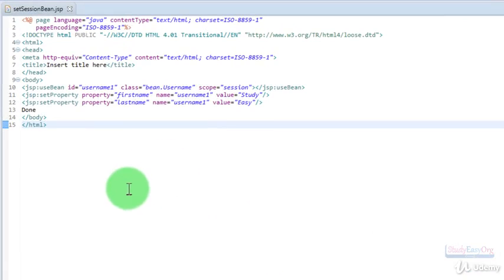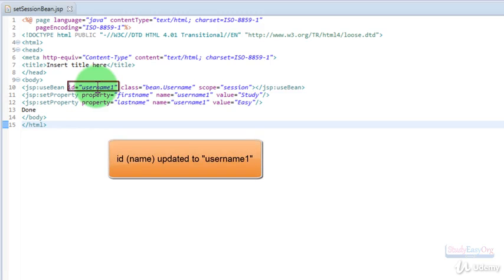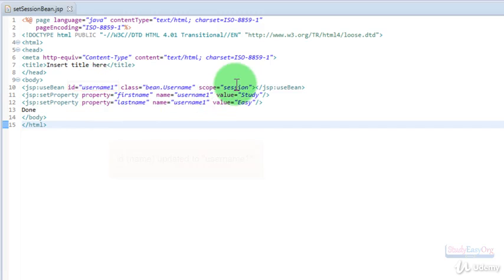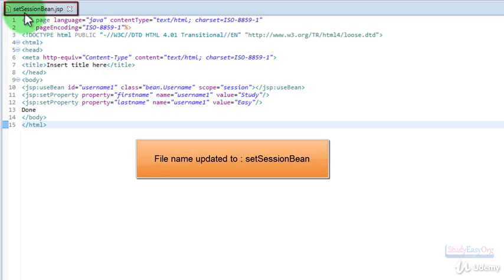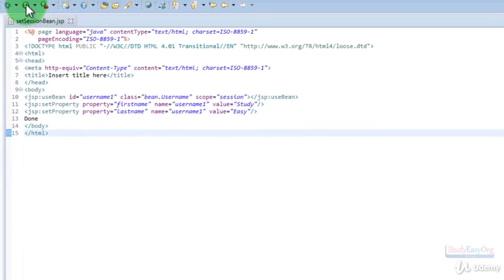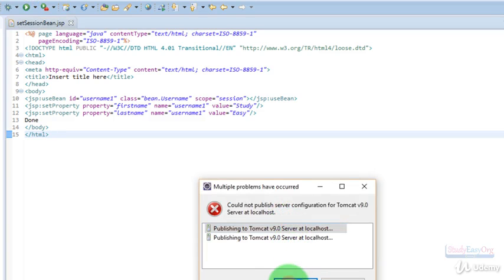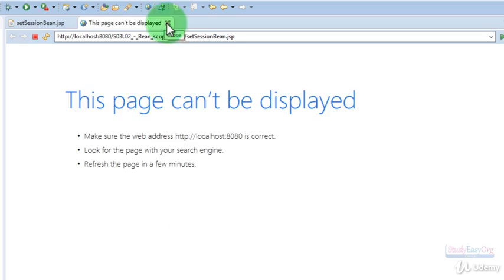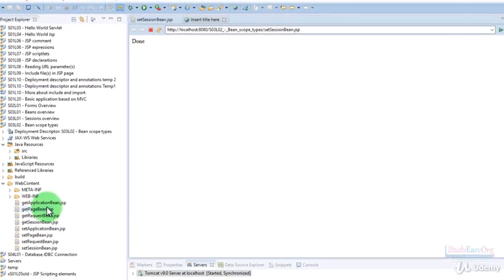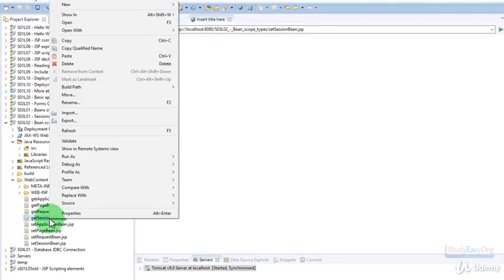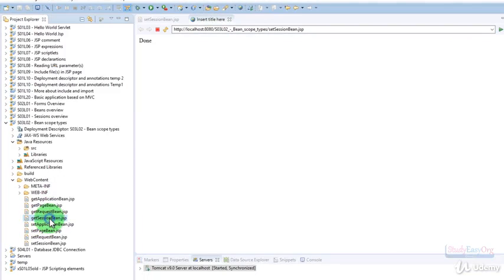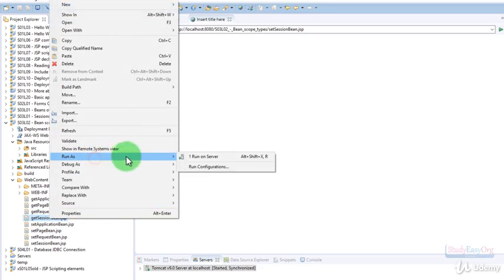This is the program from the last lecture and we have updated the name a little bit. We have changed the name from username to username 1 and the scope is session, and we have also updated the name from setBean to set session bean. Alright, so let me quickly execute this program, and this particular program will set the value of the bean. So the output is done, and now I can execute get session bean